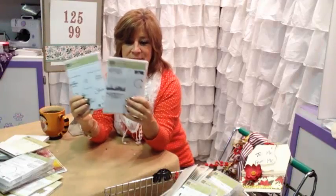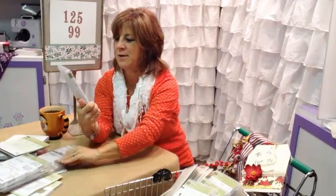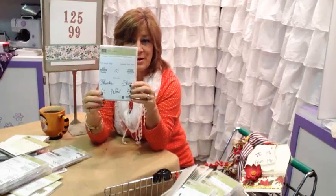This stamp set is going to be the new version of Gorgeous Grunge. It's like that little black dress that's going to go with everything. And it's just going to add that artsy, textural vibe to everything. It's just going to be an amazing set. You're going to really want to make sure that you have that one. Sunburst Greetings, and we do have a really cool Sunburst framelit that's going to create a really neat look on